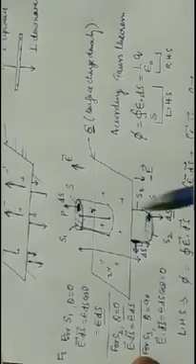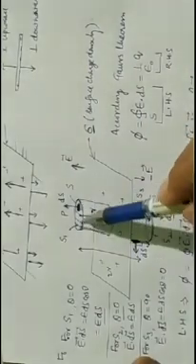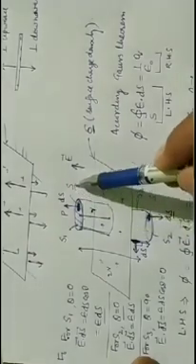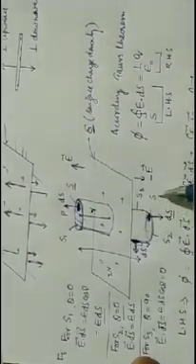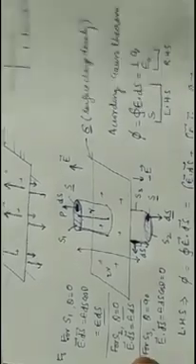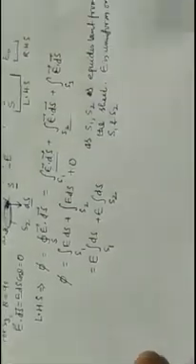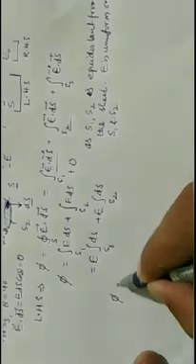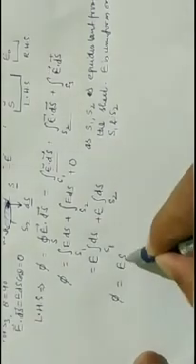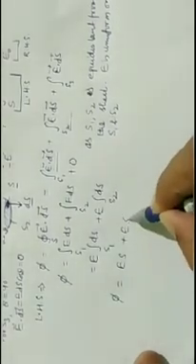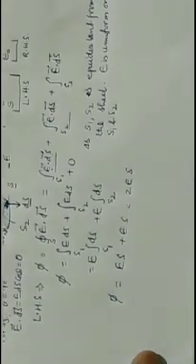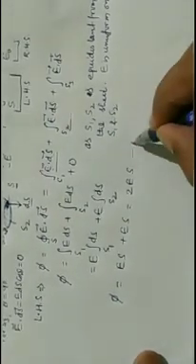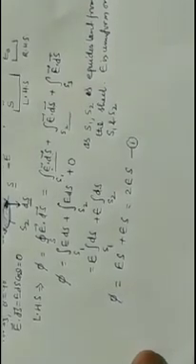Further, what is the total surface area of this surface S1? The total surface area of S1 I have chosen as S, and this surface area is also symmetrical, so it is also S. Then the flux phi is equal to ES plus ES, so it becomes 2ES. So this is your total flux coming out of this cylindrical Gaussian surface.